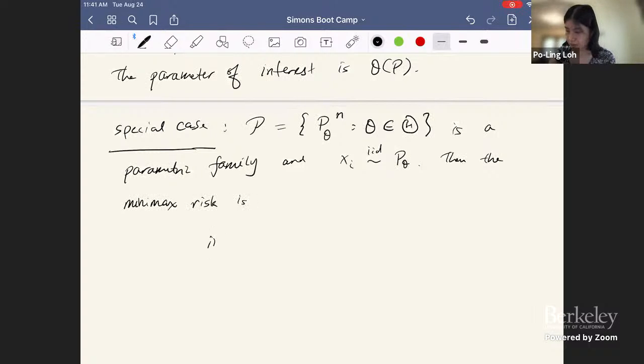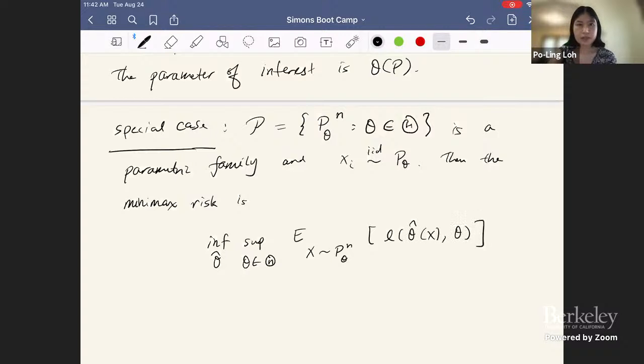Can also be written as an infimum over theta hat, supremum over parameters theta in capital theta, of the expectation, where X is the data, a data set of IID points which we're going to denote by X, distributed as P theta to the n, the product distribution. And now it's the loss between theta hat applied to the data and the true parameter theta. Okay, so I think in all of the examples that we're going to go through, we'll be looking at a